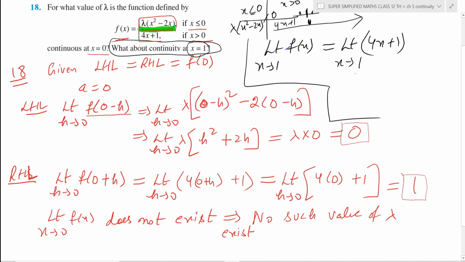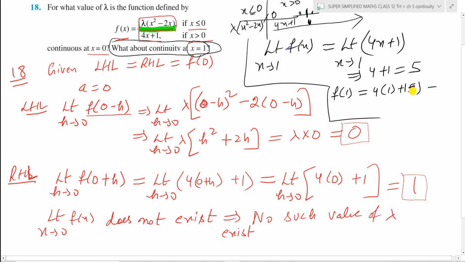And we substitute x to be 1, so we get 4 plus 1, 5. And if we find the value of the function at the point 1, that also comes out to be 4 into 1 plus 1, that comes out to be 5. So we notice that the value of the function is same as the limit of the function at the point 1. So the function is continuous at 1,